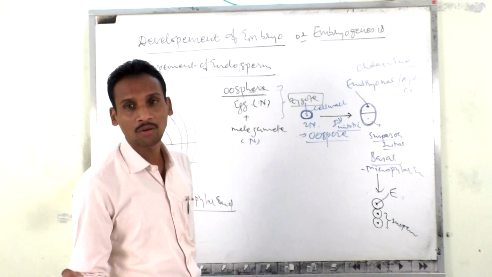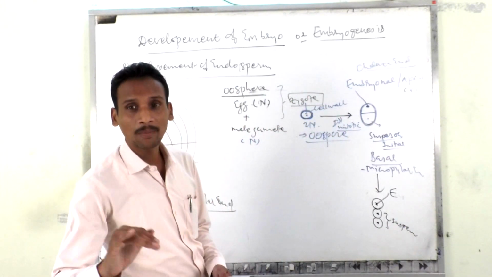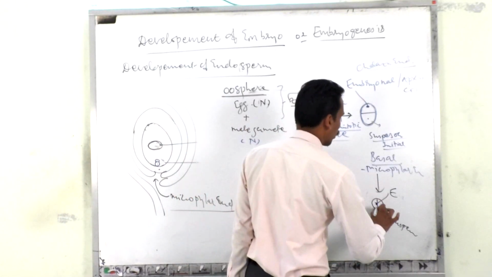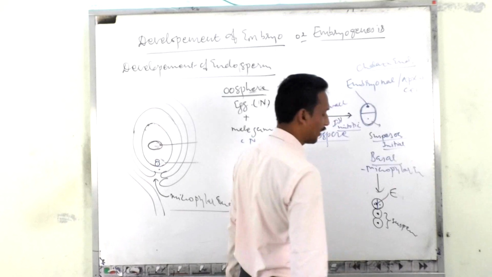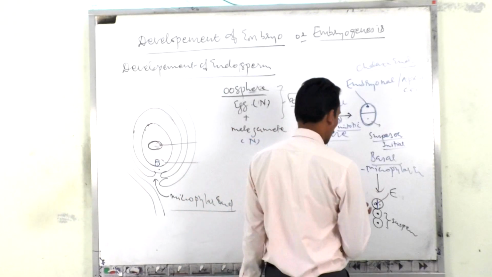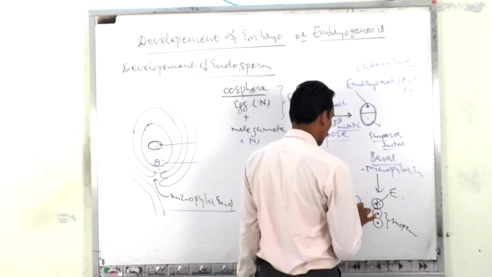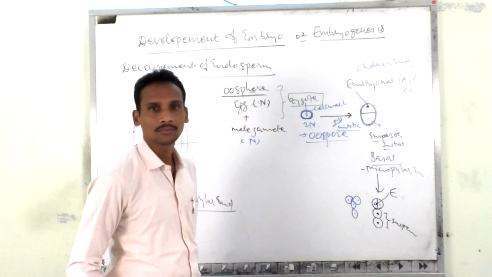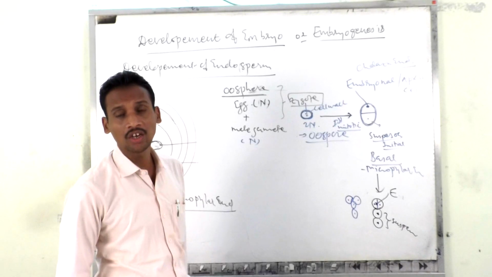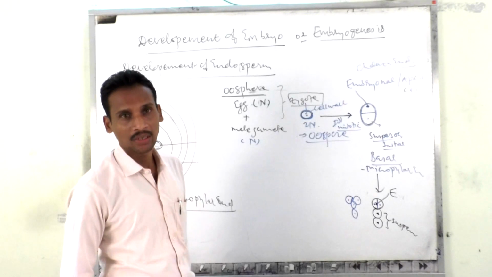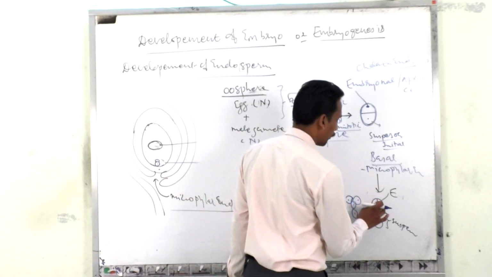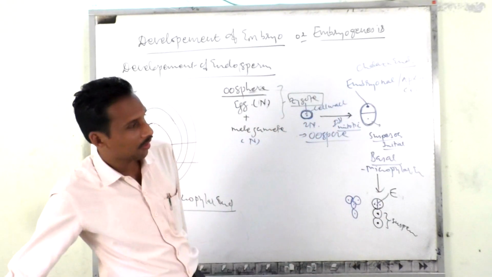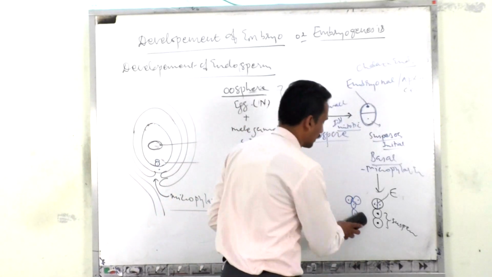Transverse division gets carried out. What happens after that? Immediately after that, the second mitotic division is carried out within this embryonal cell, and now there should be a formation of a T-shaped structure, an inverted T-shaped structure. Here these all are the embryonal cells, and these all are the suspensor cells. The embryonal cells are produced towards the chalaza end.